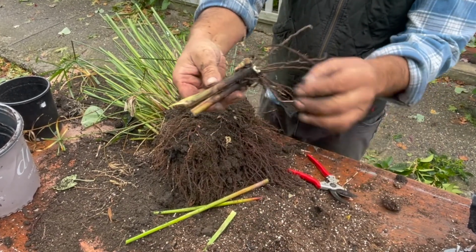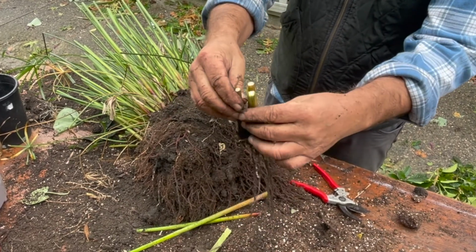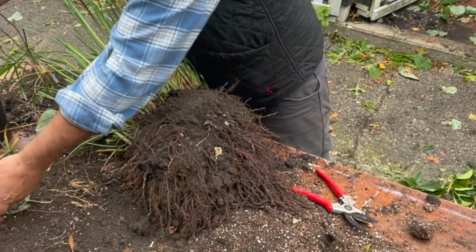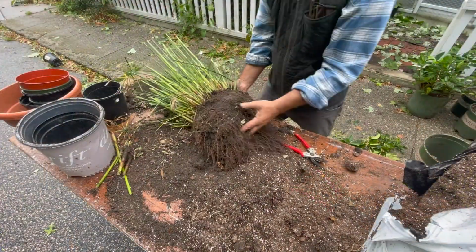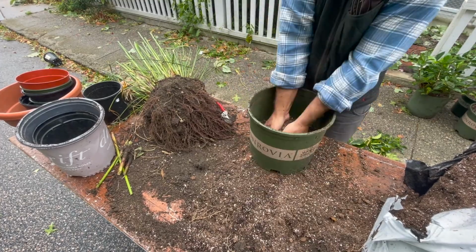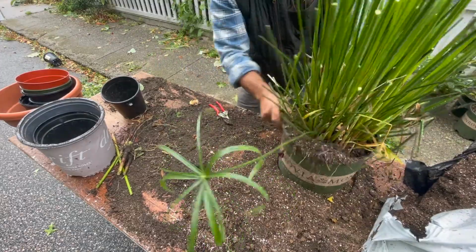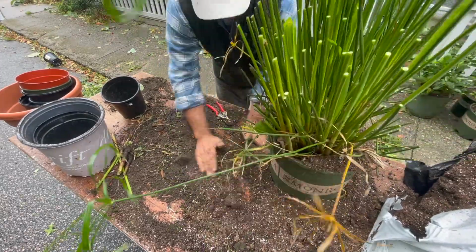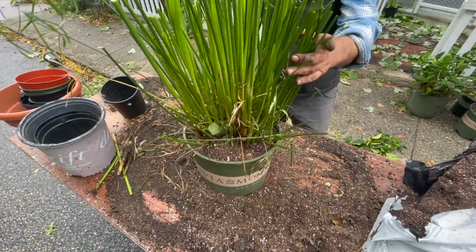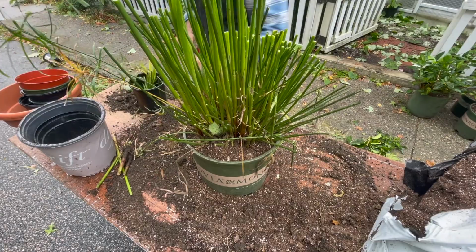And there would be your little plant that you could stick in a pot, and you'd be off to the races. Alternatively, you could divide that whole clump, and you could probably get 20 or 30 individual plants if you had space for it. But I like to have a large plant to give me a big splash. So we choose the appropriate size pot and get the plant set at the right height, add our somewhat dry mix, give it even more of a pruning,